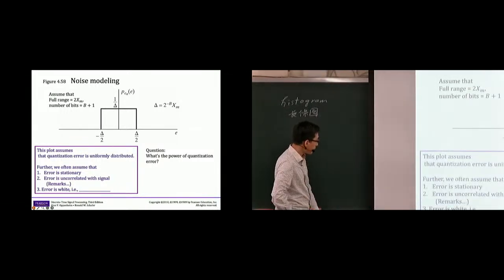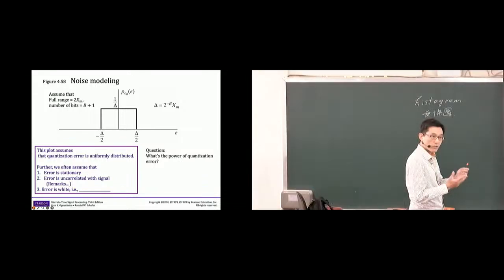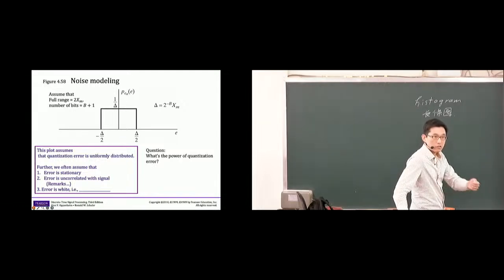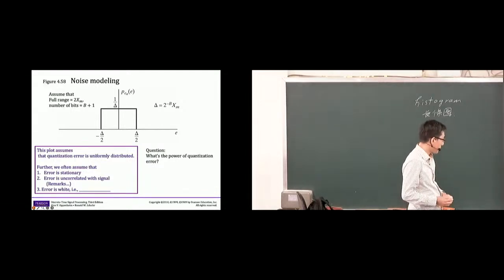The first point, error is stationary. As a random variable, error is stationary. Its statistical properties do not change from one sample to the next. I mean, every sample is going to be different. It's random. It's like tossing a coin or rolling dice. But anyway, the distribution itself is stationary. Every sample has the same distribution. Okay, stationarity. That's the first assumption.